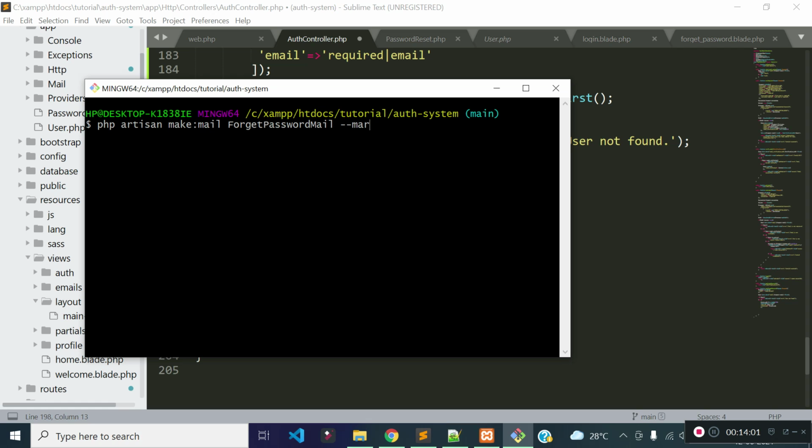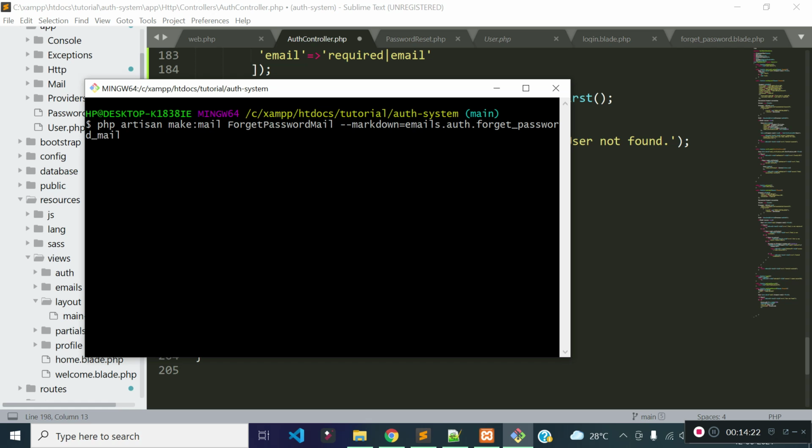We can generate the markdown body with the help of --markdown equal to, and the views file for our mail body will be inside the emails/auth folder, and the file name will be forget_password_mail.